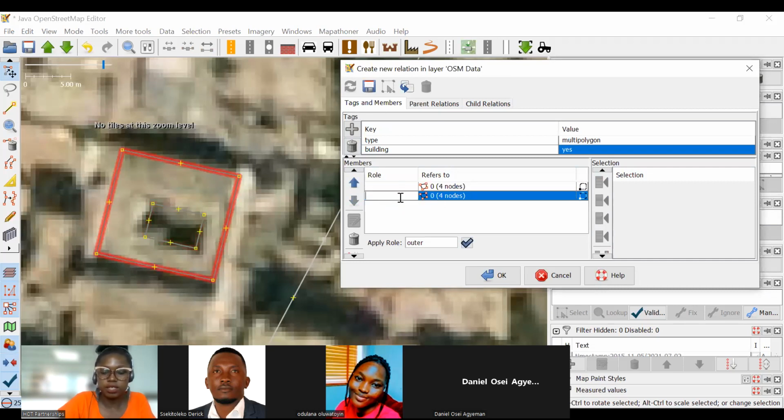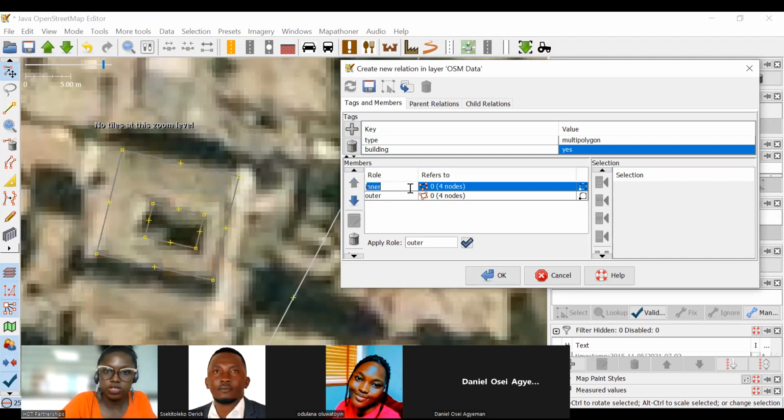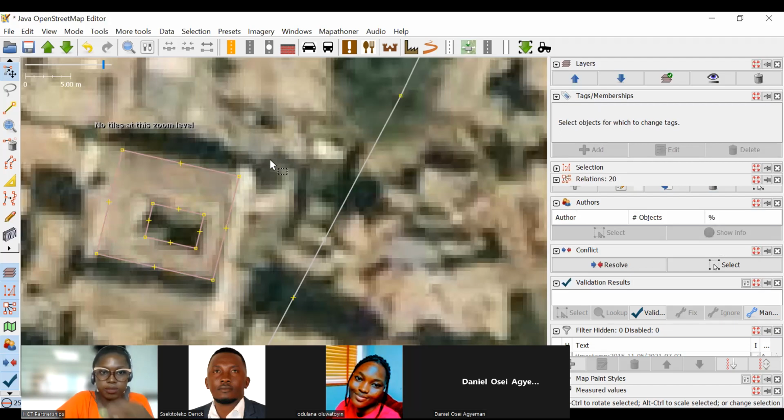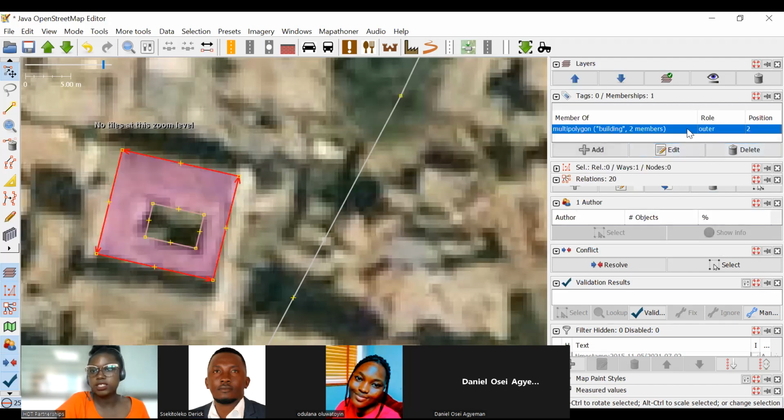So I'm going to just type in here outer, or you can just click on the tick here, and then I type in inner. So that's what it means. And then I'll say okay. So I want you to look at my tags and membership. When I click on the outer one, it's telling me this building is a multi-polygon building. It has 2 members, and the one that I've selected is in the outer role,